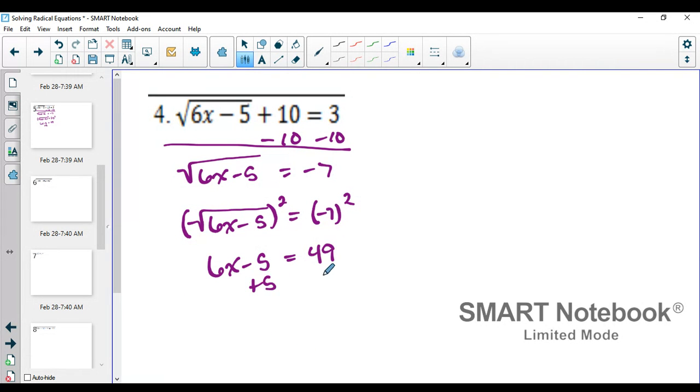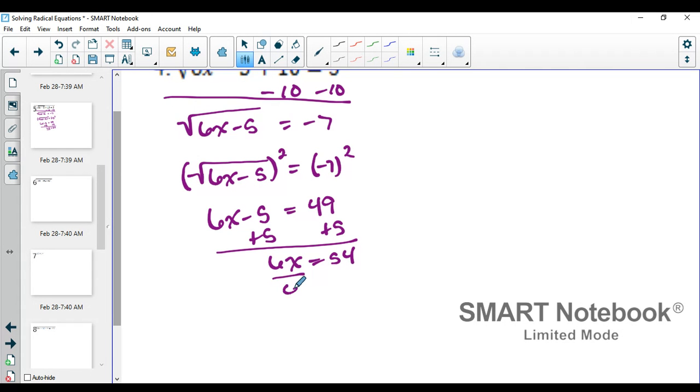So we're going to add 5 to both sides. So we have 6x equals 54. And we divide by 6. So x equals 9. And voila. We have solved that equation. Our next example,